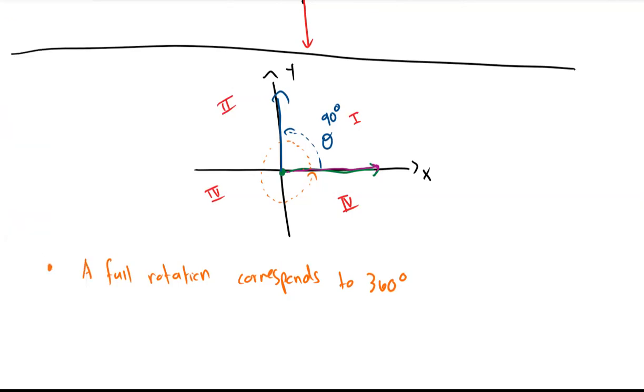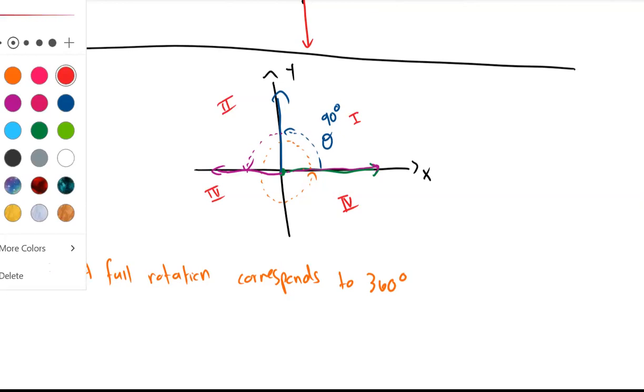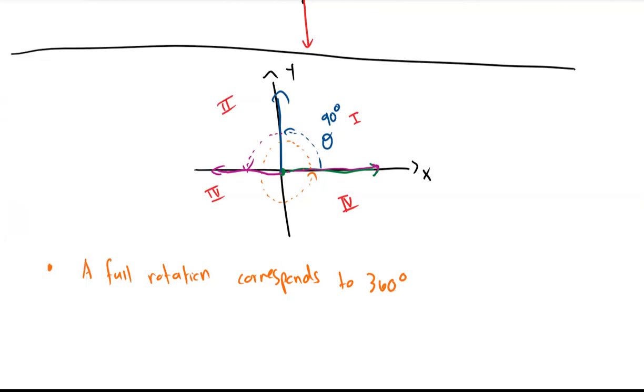Now my initial side is going to be this blue vertical line, and my terminal side is going to lie on the negative x-axis. If I look at that rotation there and call that angle alpha,